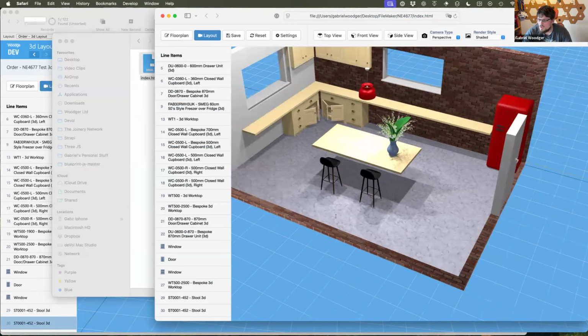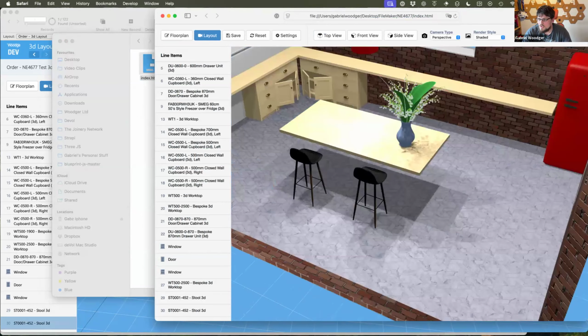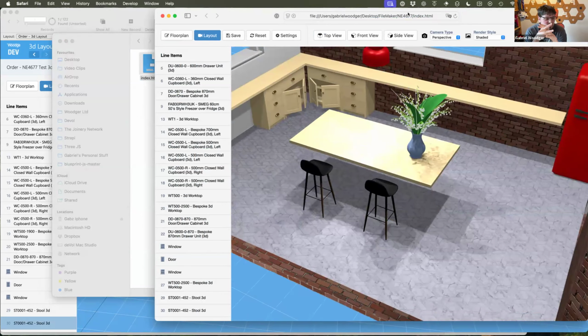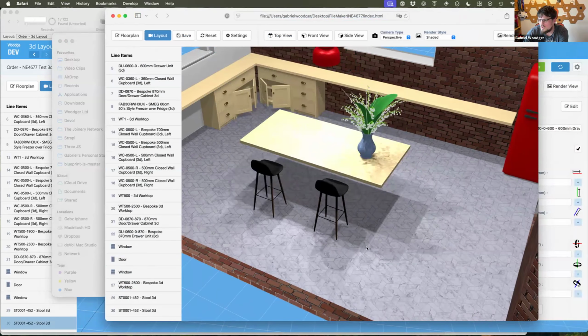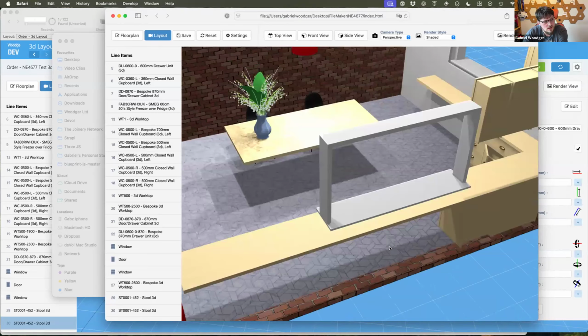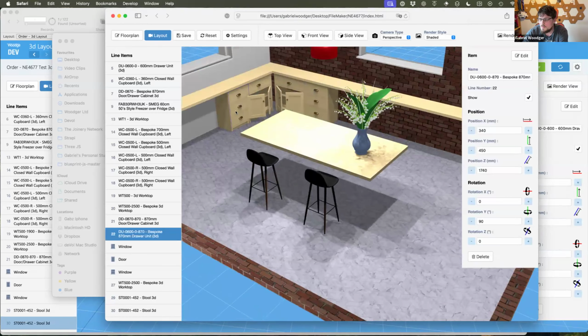So the idea being, we've yet to do this, but the idea being that they could design a kitchen, export that as a file, put that somewhere hosted online. They could send that to the customer. The customer could receive a link, which has all of this model inside of it. They obviously wouldn't get all the edit controls and stuff like that, but they can have a look around their kitchen and see what it's going to look like. And maybe they can click in here and add a comment to say, okay, could we have the sink over there or something like that.